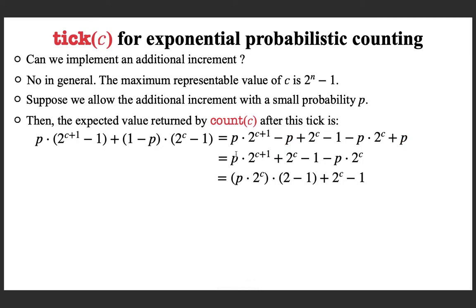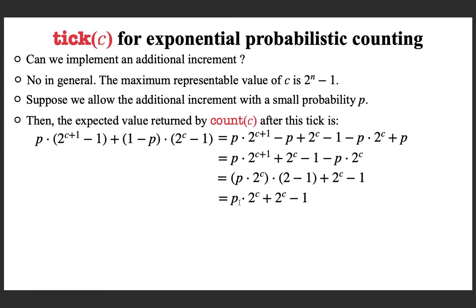Now what is remaining in the first term is 2, and what is remaining in the second term is 1. So 2 minus 1 plus this quantity. Now 2 minus 1 is 1, so this is what we are getting. The expected value of the count which is returned is this when you allow the additional increment with a probability